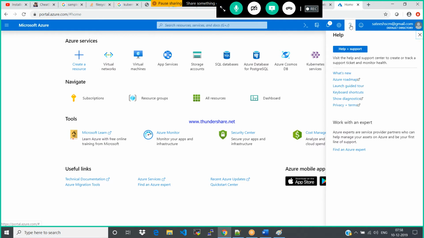What is the question? Support. If you would like to raise a ticket with Microsoft, how many support plans would you have? Developer, standard, professional direct and premium.